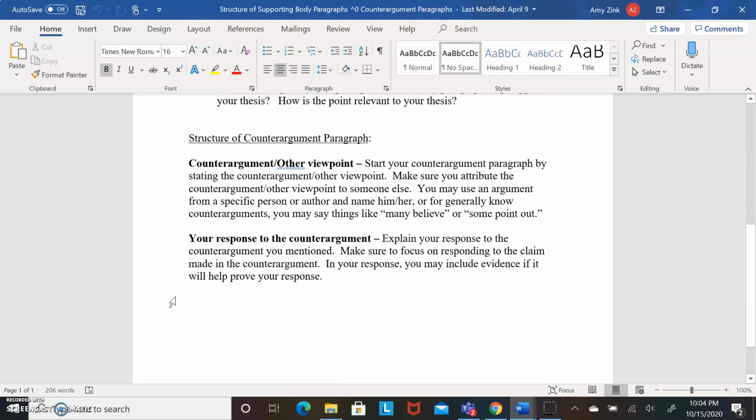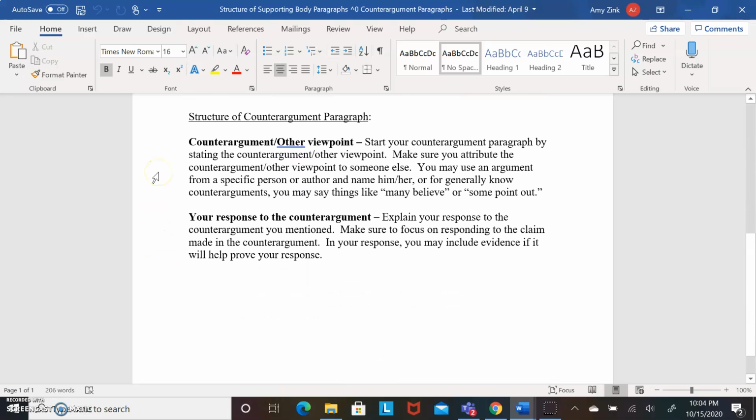Now for a counter-argument paragraph, and it's important that you structure it correctly because you don't want it to read like another body paragraph, or like a supporting body paragraph, excuse me. So a counter-argument, you want to start off with that other viewpoint. And you're going to start the paragraph by stating the counter-argument other viewpoint, making sure you attribute that other viewpoint to someone else. So this is where you might use a specific author. You might do the more general many believe, some point out, or some variation of that. And then you're going to follow it with your